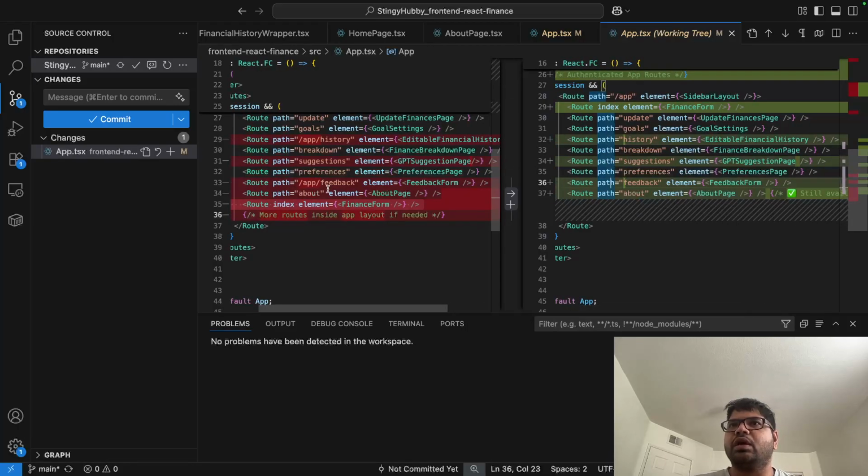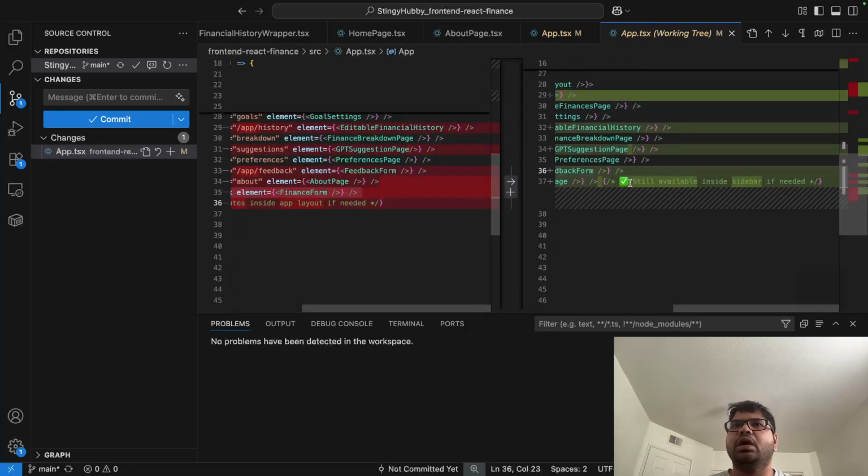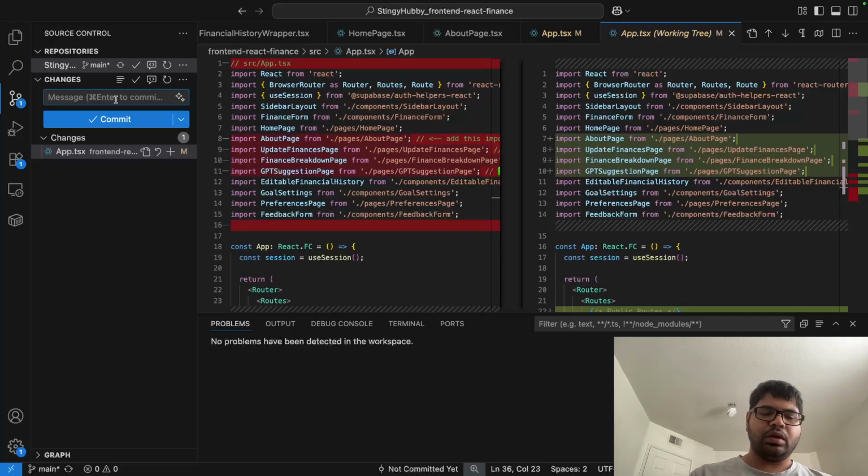Instead of just app, they are just being put as feedback and history. So I'm okay with this change, but when I do my testing, I will try to see what effects they have on the UI. If they are working as they were working before, then I wouldn't have any problem with it. So updated